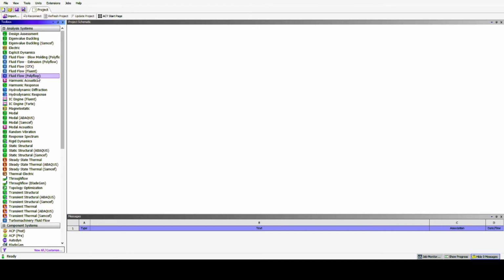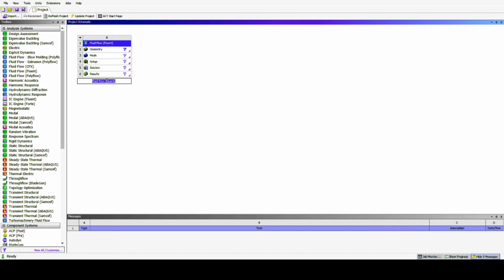Now we can familiarize ourselves with the different sections in ANSYS. When we have chosen the fluid flow, the window will open, and the first section in this window is geometry. This geometry section is divided into two. The first one is SpaceClaim and the second one is Design Modeler.